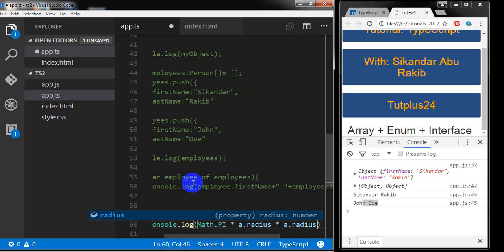That means we are going to calculate the area of a circle,